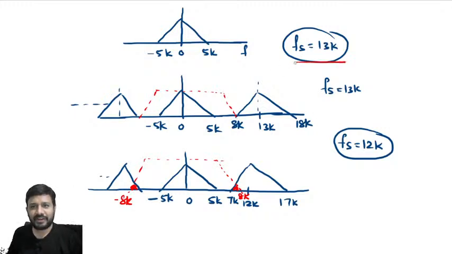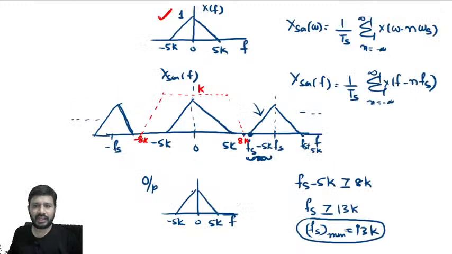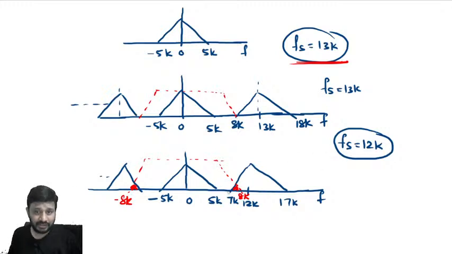So Fs equal to 13k. After that you can take 14k, 15k, anything. Understood? In this way you have to analyze. Whenever you are solving a problem and you get the answer, try to analyze, do some reverse engineering also, so that your concept becomes stronger. Fs equal to 13k I got, but let's analyze what happens if I take Fs equal to 12k. This kind of situation will come. Right, completed.